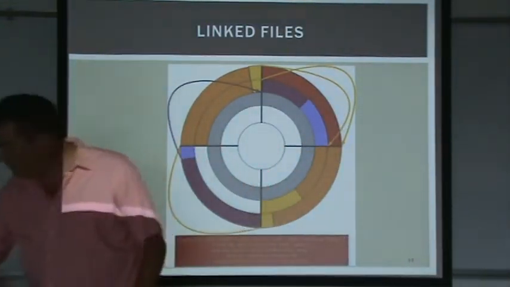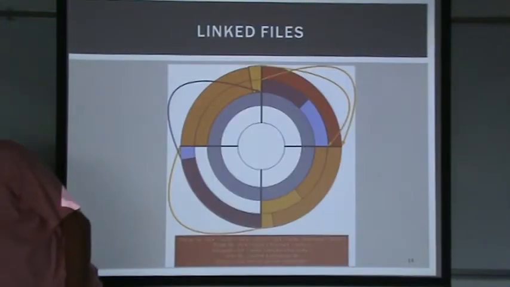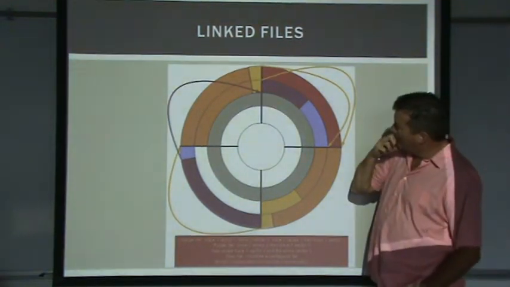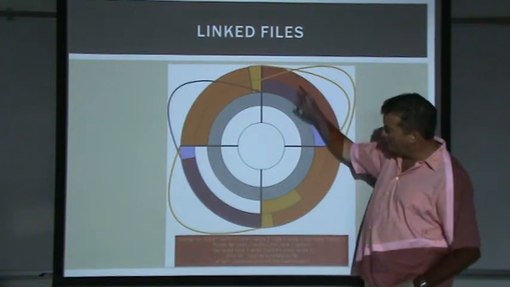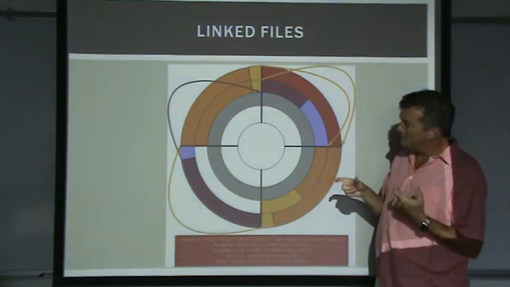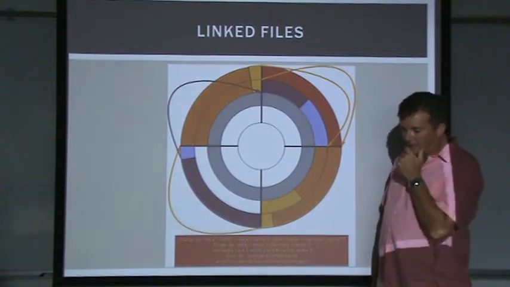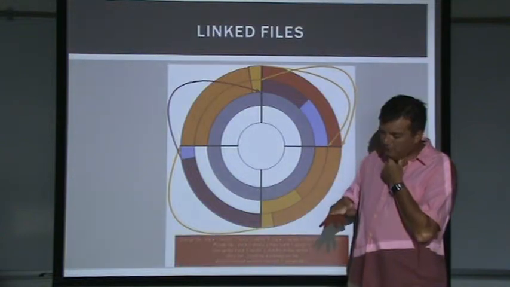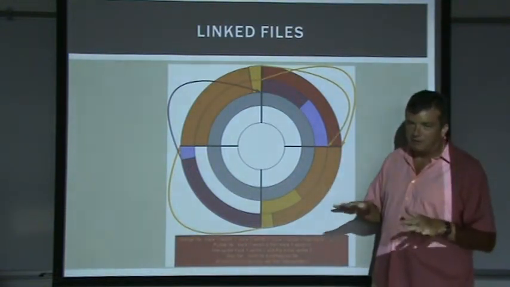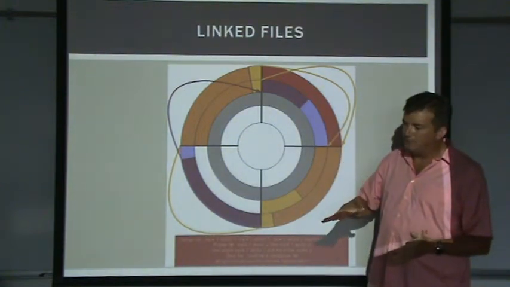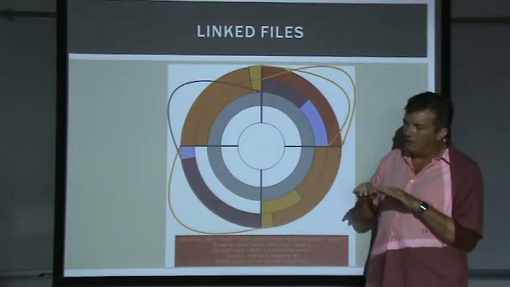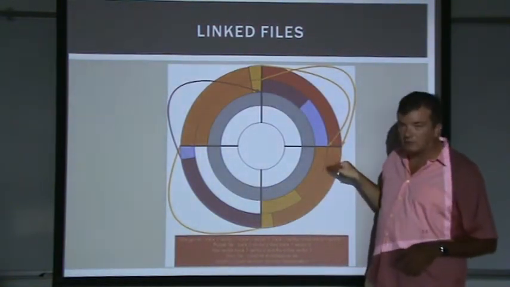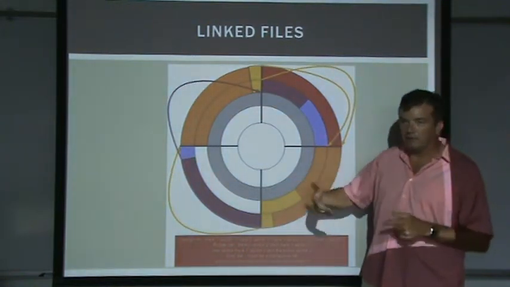Okay, so now let me bring this picture back. One advantage to having a bigger, maybe more complicated index to where the file is, is if the file is not sequential. Suppose it's a collection of data, like tables in a database, where you're just adding new people. Let's say you've created a website like Facebook and you're adding new members to it, and you only care about a particular member. If you could find through the index where that one is, you can just go to that sector directly. You don't have to start at the beginning and read your way through to get to the spot you care about.